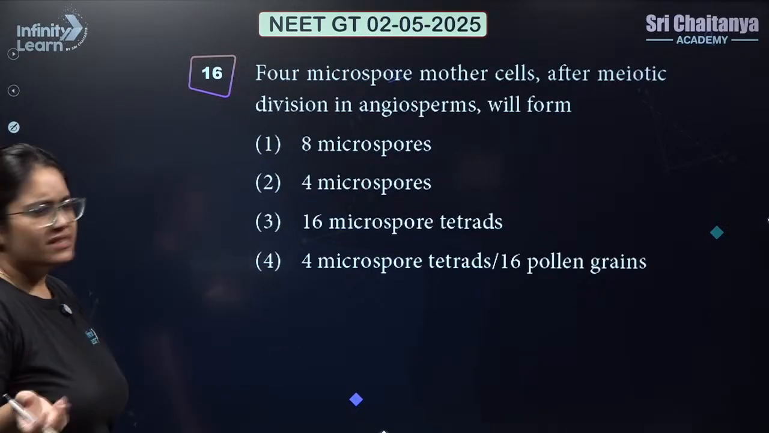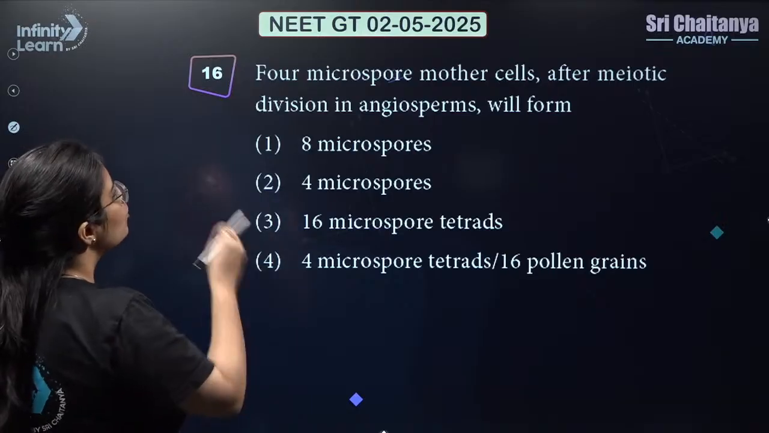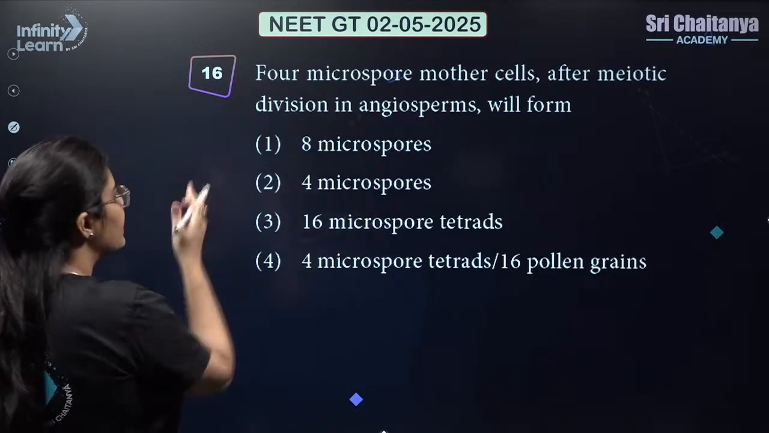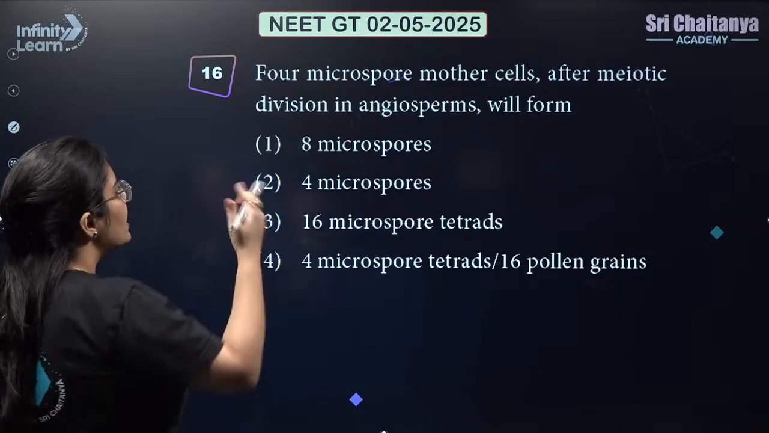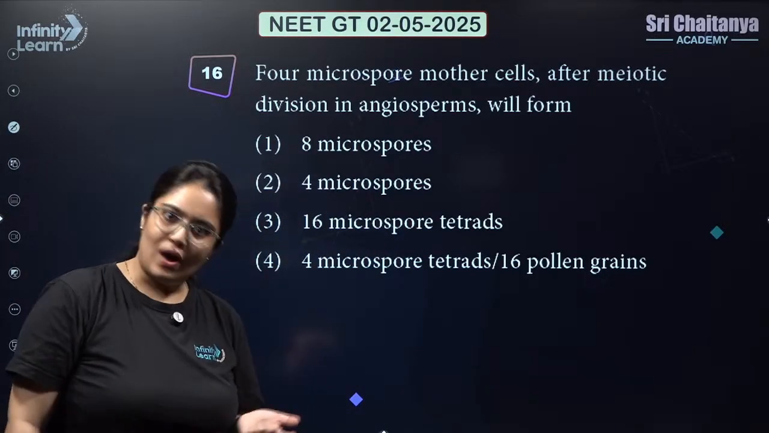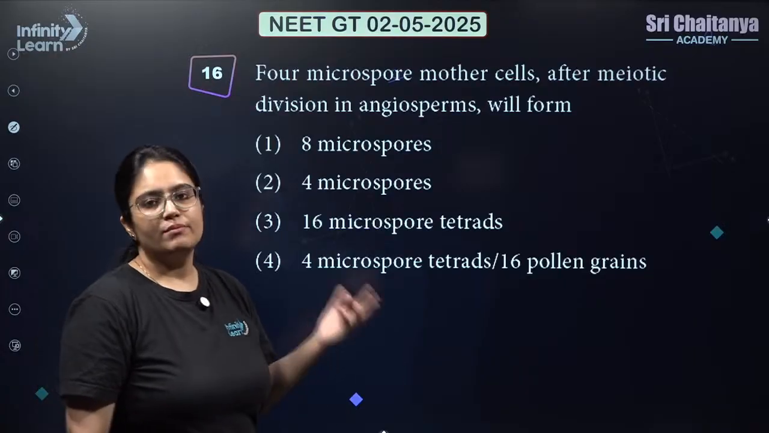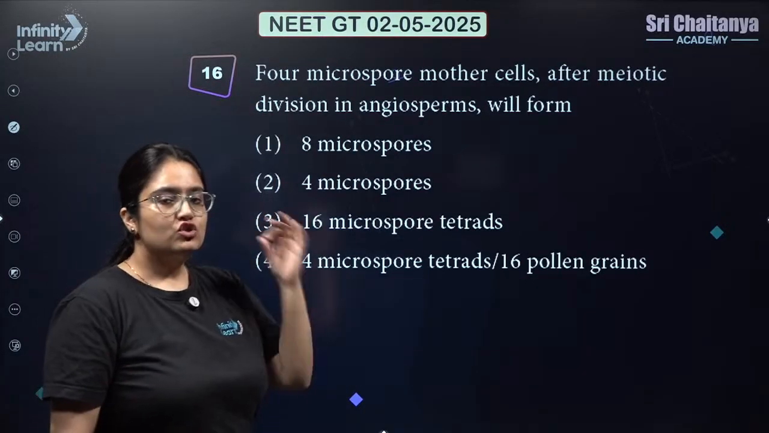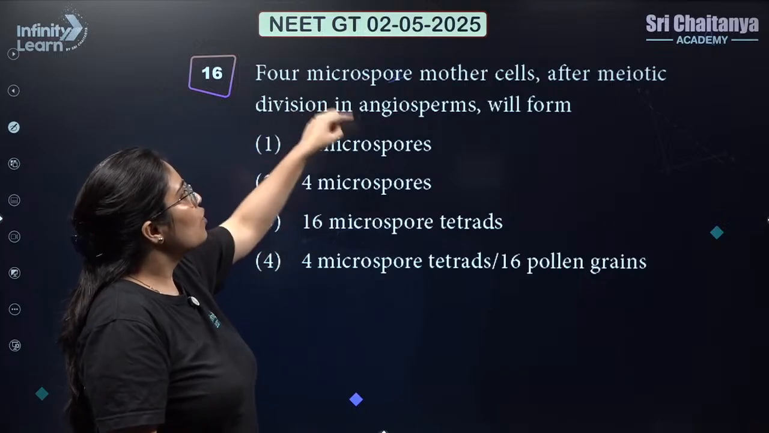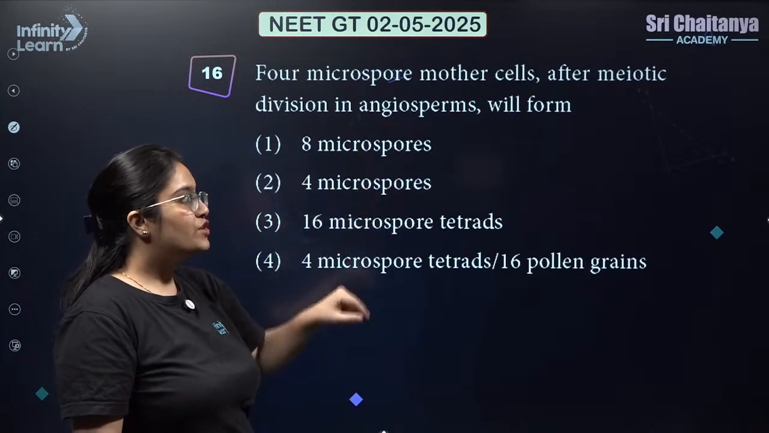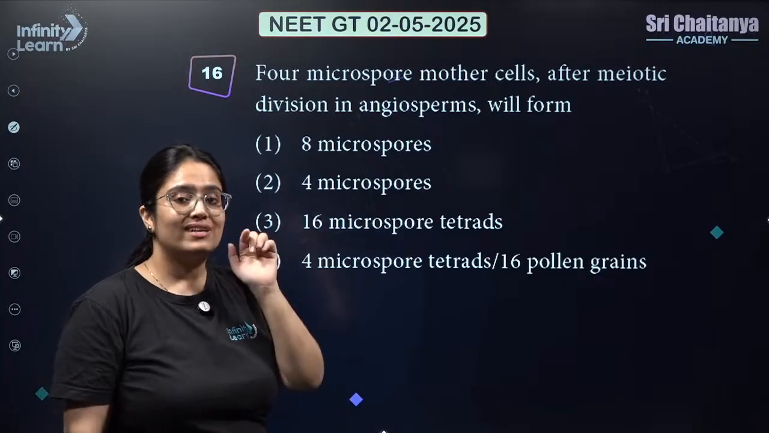Interesting question, but very simple. Four microspore mother cells after meiotic division, that means meiosis, in angiosperms will form... So, you can just remember for one microspore mother cell and multiply by 4 for the result of 4 microspore mother cells. Each and every microspore mother cell which will undergo meiosis produces 1 microspore tetrad